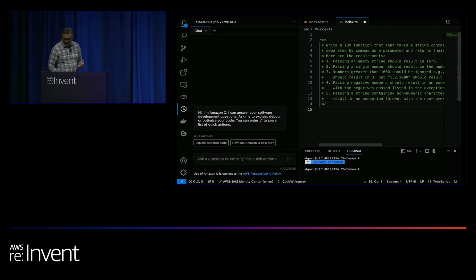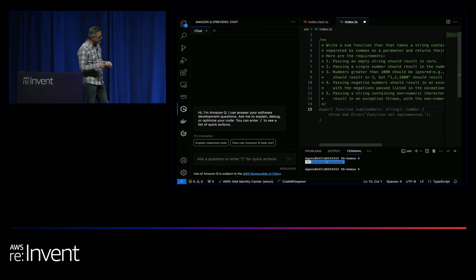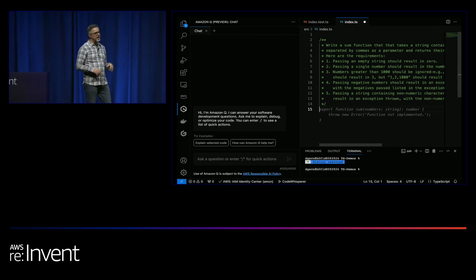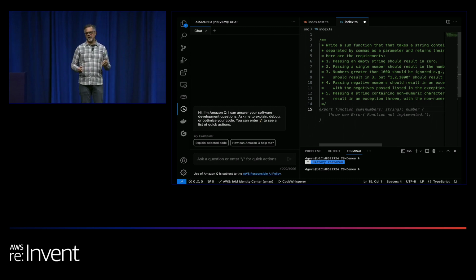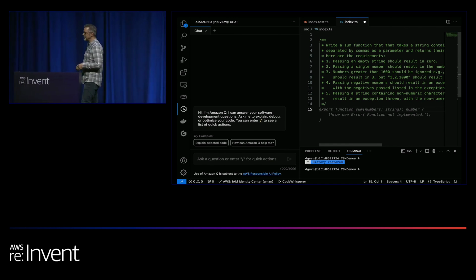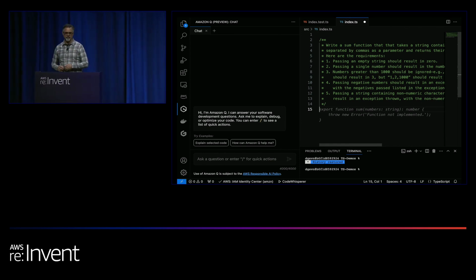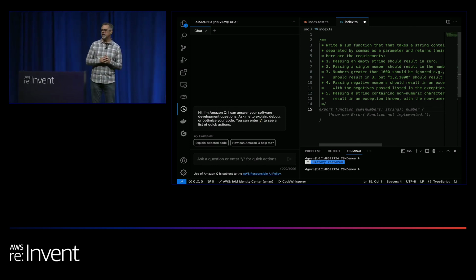So if I were to go to a new line, at the very bottom of the screen, you see a little spinning circle next to CodeWhisperer, and it's doing something. And in this case, it came up with the fastest suggestion it could possibly give me, which is not the best one. Okay? In this case, it's saying, well, here's a method signature, and then we're just going to throw an exception that says that this hasn't been implemented yet. But that was the fastest suggestion it could get me. But that's not a great idea. I mean, that's one way to do it. Sure, it's possible. But we also want to make sure that we can answer your queries quickly, but then also answer them more thoroughly.